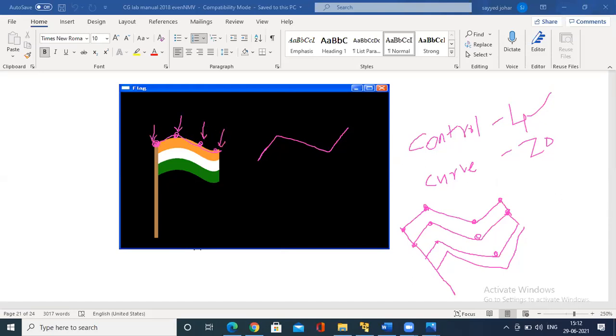Now, in between the control points, we have curve points. In between these, we have 20 curve points. The curve points are like small lines, drawn using line strip. This is one. Similarly, there are 20 curve points between the 2 control points. So control points, curve points, control points, curve points. Similarly here, we have curve points.